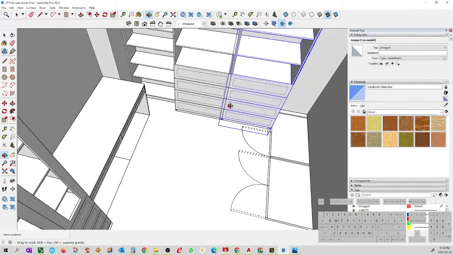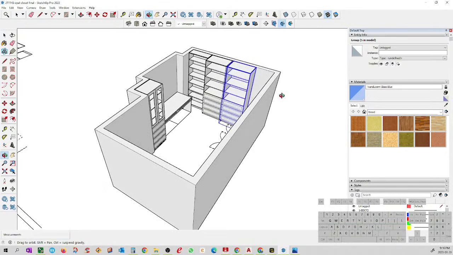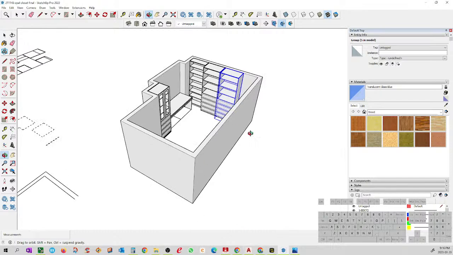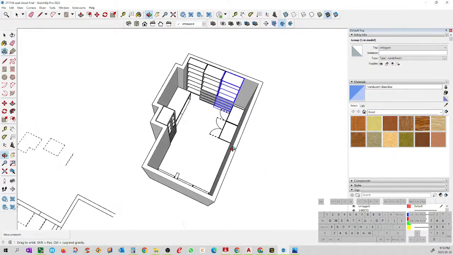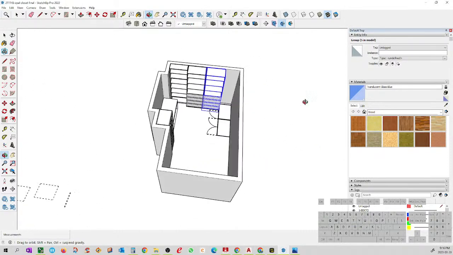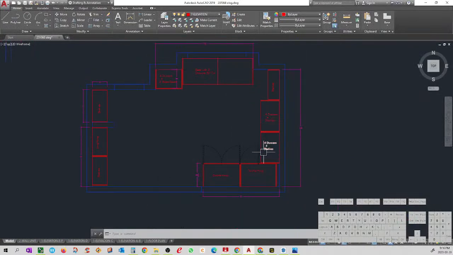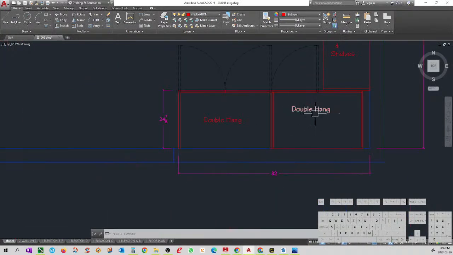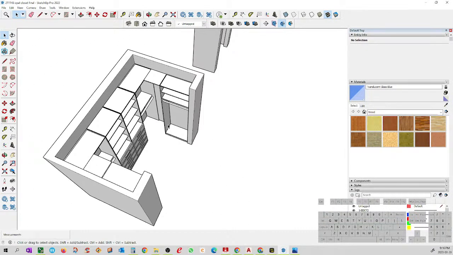So that's that. Now we have these two units, they're done. And so those are the two. Now this is going to be a blind cabinet that opens one door, so that's a blind. Then this is a double door. 4 drawers, this is 4 drawers and shelves. This is double hang, so that's a blind cabinet double hang, which is